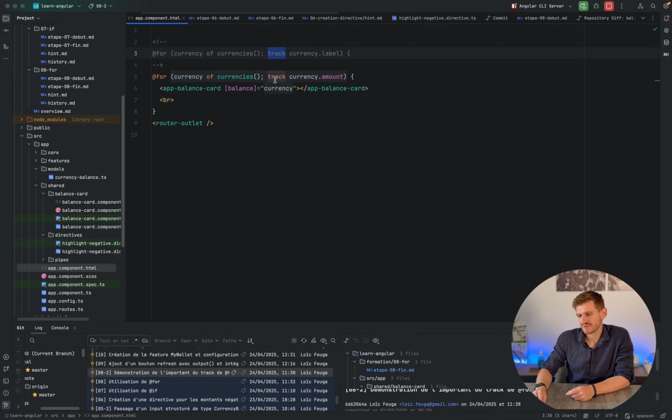So in this second part of step 8, we're going to think a bit about the usefulness of the track function and, in fact, how to use it. Most of the time, you might think it's very simple. You track by the ID of the object you're iterating over. But the reason behind it is a bit more subtle, and it's actually quite interesting to understand exactly what's happening